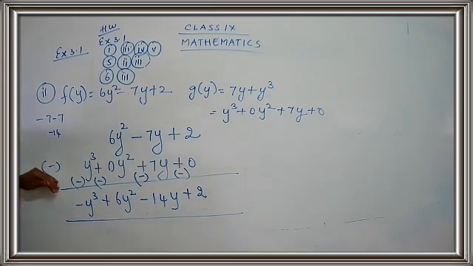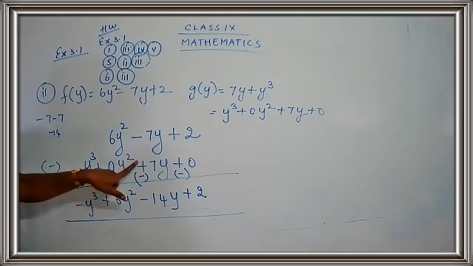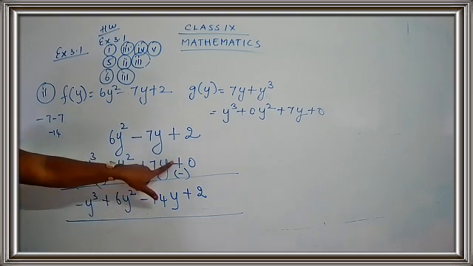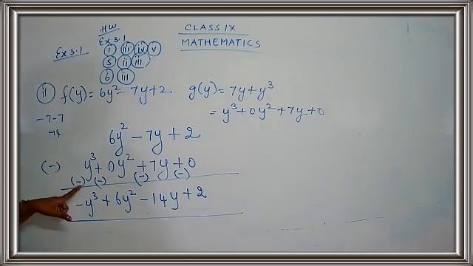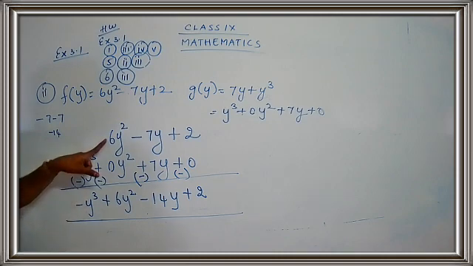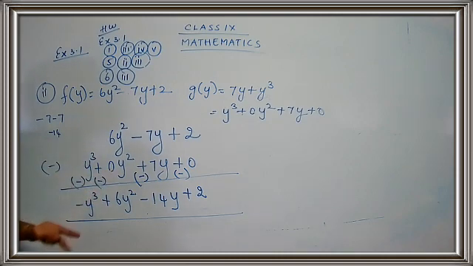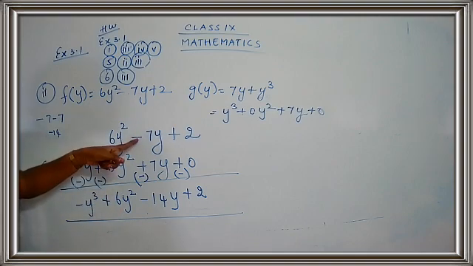Now since we are dealing with subtraction, you have to change the sign of the second part. So plus will change to minus, plus will change to minus, plus will change to minus, and plus will change to minus. So here only one term is there, so you are going to take that term as it is along with the new sign. So minus y cube, 6 minus 0. What is 6 minus 0? 6y square.